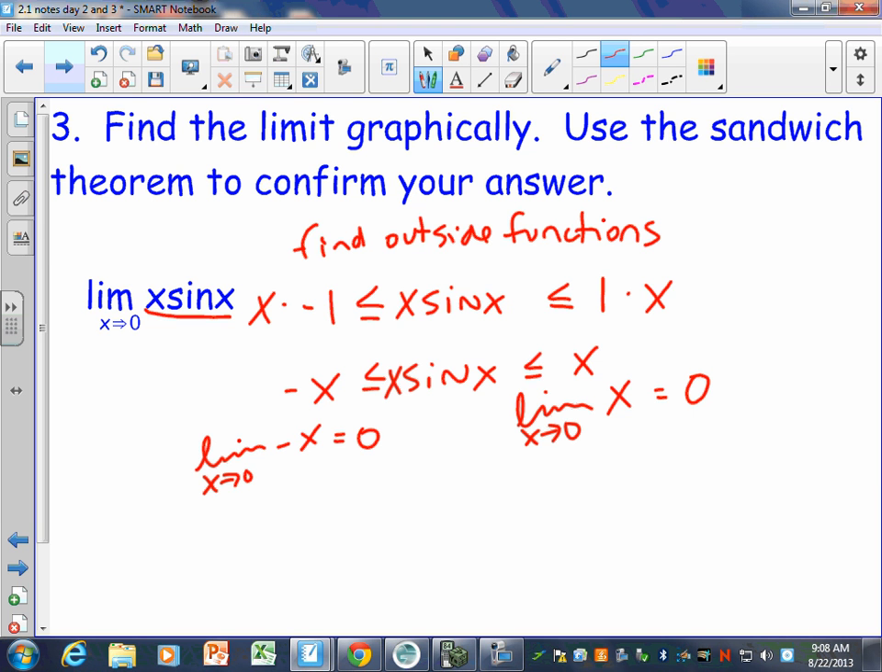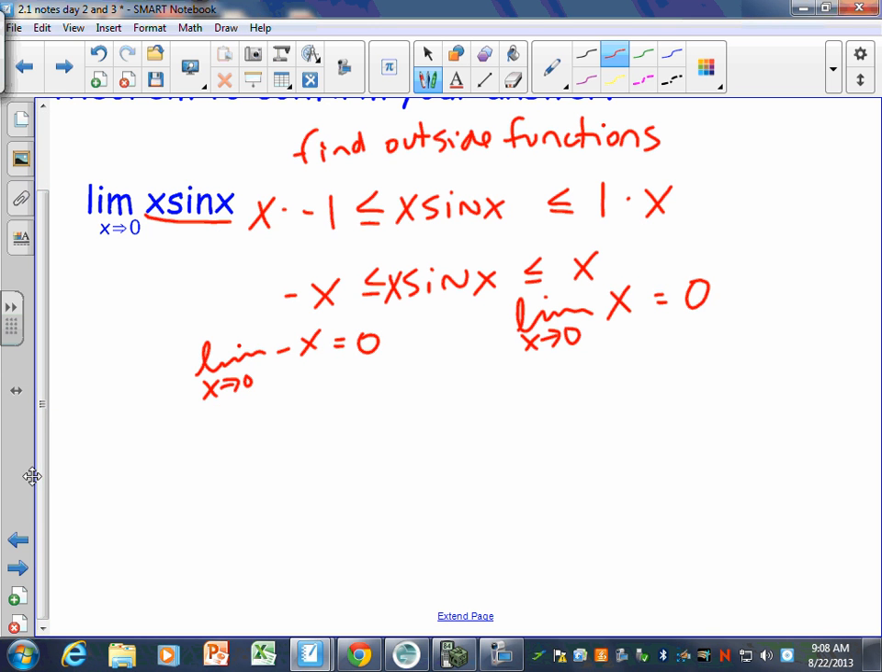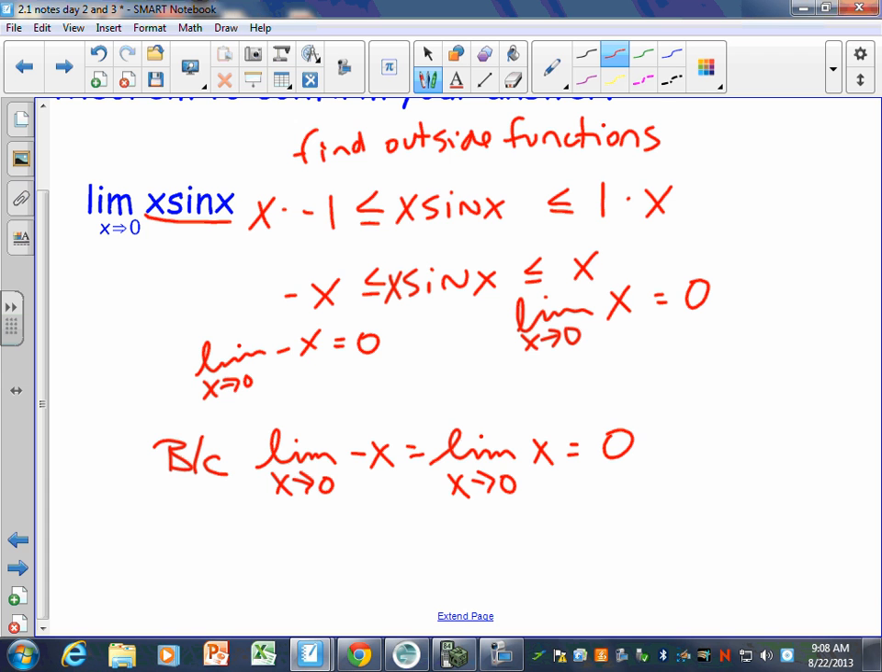So how would you write this on your paper? I would write, because the limit as x approaches 0 of negative x is equal to the limit as x approaches 0 of x, which happens to equal 0. That's kind of the if part. Because this is true, then by the sandwich theorem or the squeeze theorem, I'm going to say by the sandwich theorem,